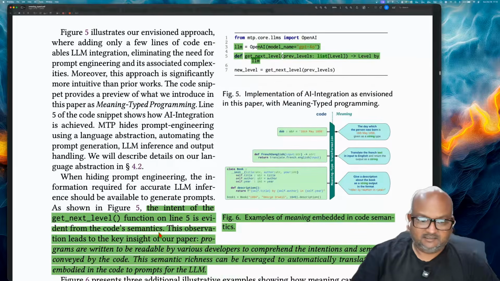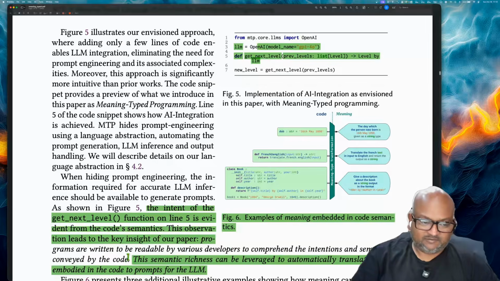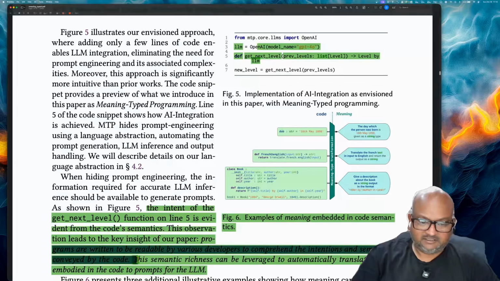So that's the assumption that this entire scheme turns on, that we write our programs to be readable by other developers. We give them descriptive names, both for types as well as methods and functions.